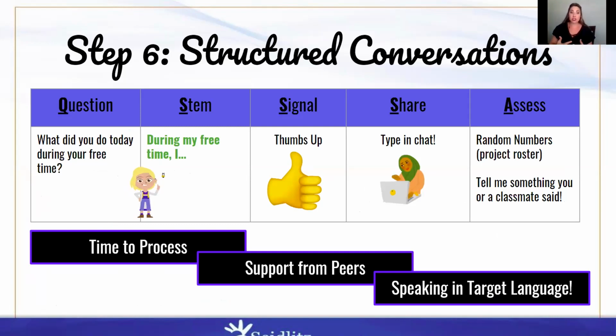So the question is something obviously in the target language, like, what did you do today during your free time? I gave them a stem, "during my free time," and the signal is thumbs up. So if we're on Zoom, I'm waiting to see almost everybody, if not everybody, give me the thumbs up. Then for my class, and this is for me specifically, this might be where you change it a little bit,